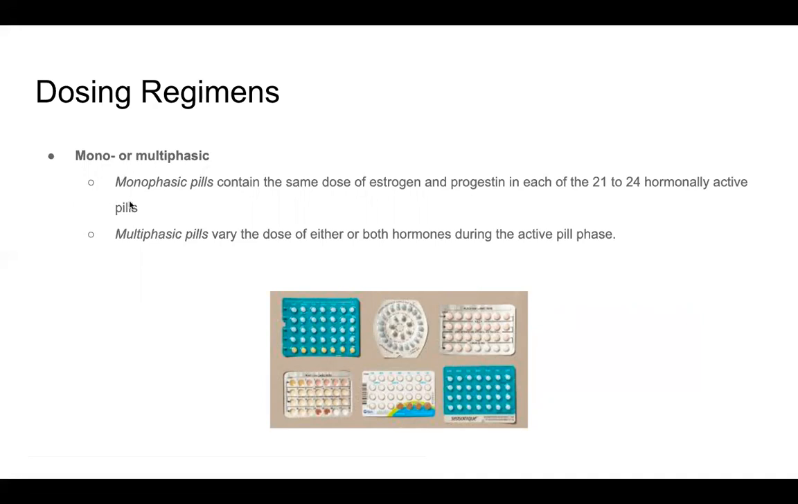So monophasic is pretty much all the newer drugs are going to be monophasic, because in the past you used to have a much higher dose of estrogen in your pills. And so the theory was, if you do it multiphasic,